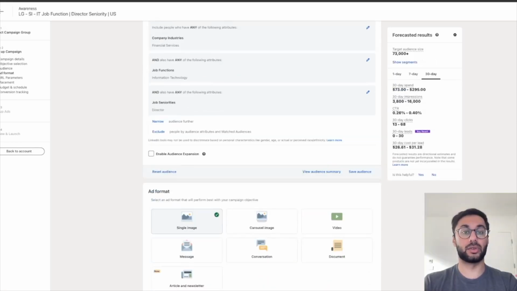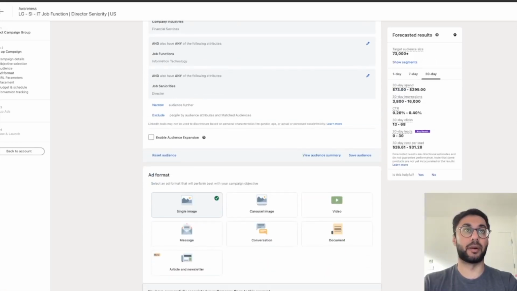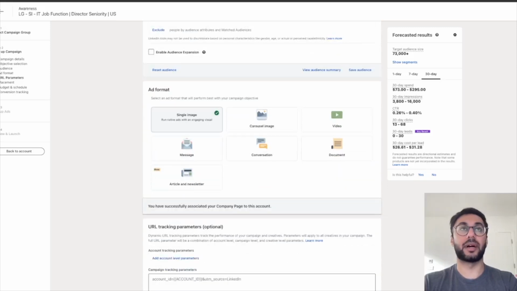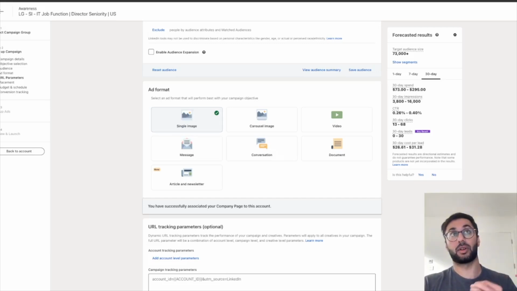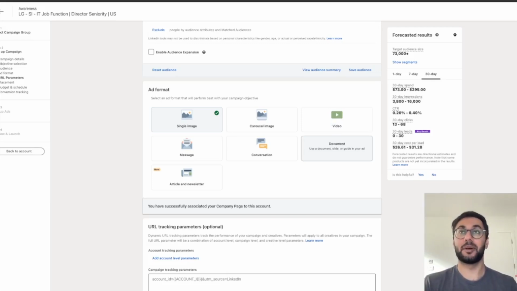We're now going to select ad format. And the ad format's important. For simplicity's sake, we're going to use single image. That's generally the one you want to go with when you've got lead generation ads. But there's a new one, well, not new anymore, called document ads. And what this means is that if you do have a white paper to showcase to your IT directors, you